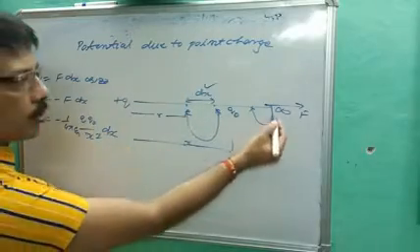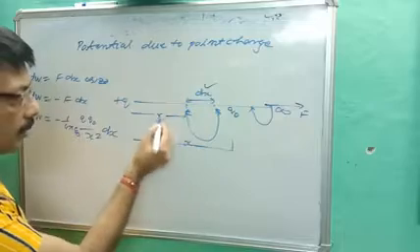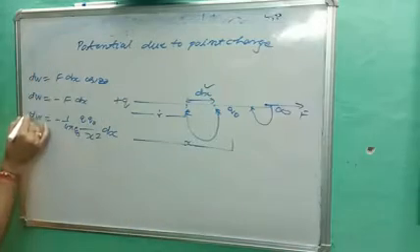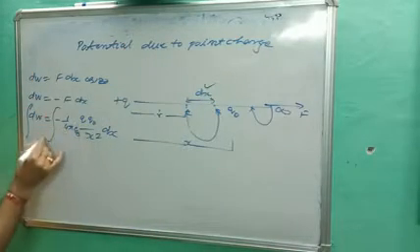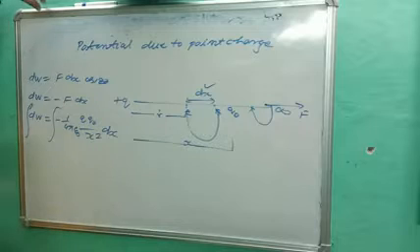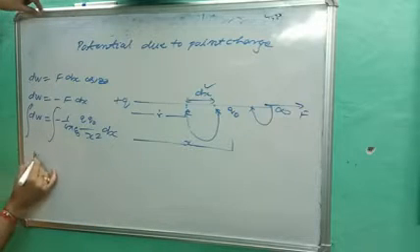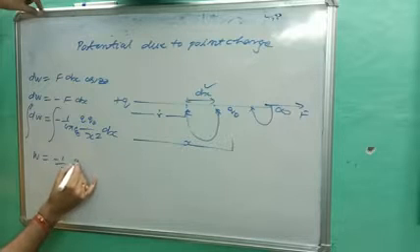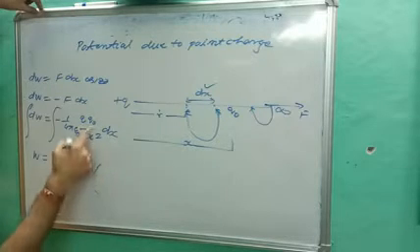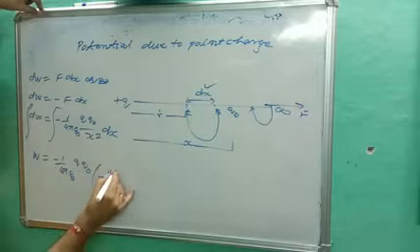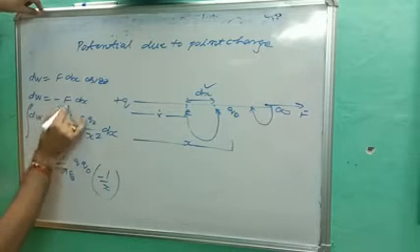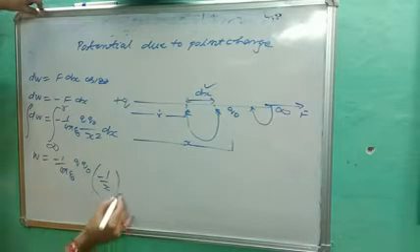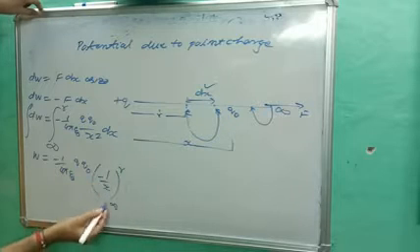But we have to find out the work done from infinity to A, that is situated at R distance. You have to integrate it. This is already taught in class 11th as gravitational potential energy. Integrating dW, W is equal to minus 1 upon 4 pi epsilon naught Q naught, and its integration will be minus 1 by x, and the limits will be infinity to R. Higher limit minus lower limit.